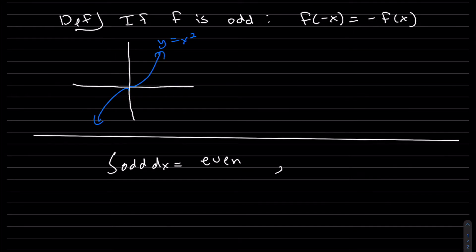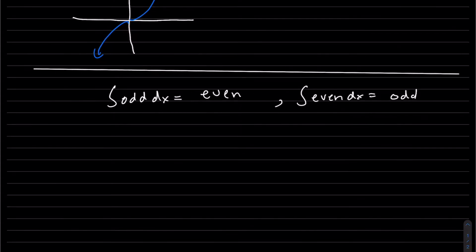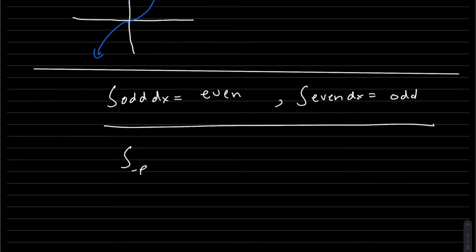And if we integrate an even function, think about it, when you're taking the derivative or the integral, you're just increasing the power by 1. So it does switch from an odd to an even. But this is true for other odd and even functions like sine and cosine. So if we're actually integrating from minus p to p,